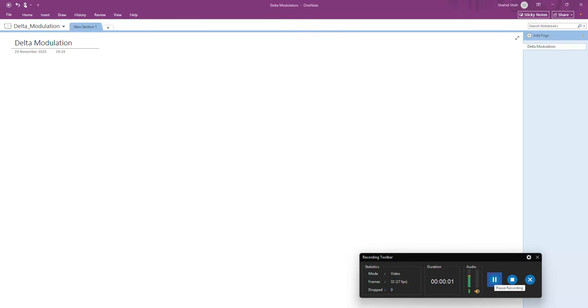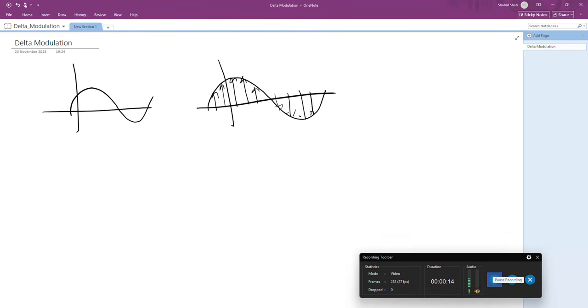Welcome to the lecture on delta modulation, the topic which was pending. I will start with the motivation behind it. So you all know what we have been doing till now. Suppose we have some signal, we sample it, and then those samples are quantized into